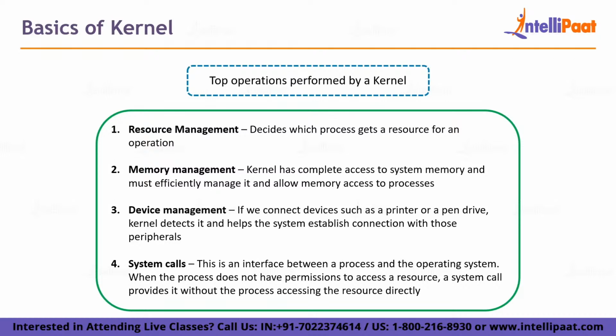That is the purpose of system calls, to not stop the process from running. It does not interrupt your execution. It helps your execution to complete as fast as possible. For that, you can use system calls, and also you can use system calls to do more operations at the operating system level. So let's say you want to abort a particular process immediately. You can use a system call for that. So there are various system calls. These are the 4 important operations performed by a kernel.